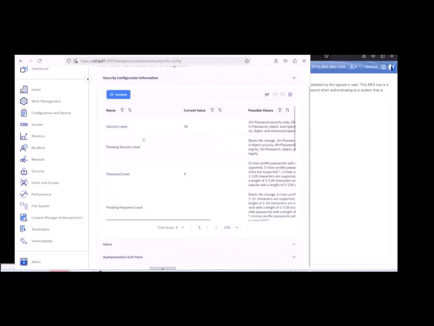The reason, in the hub we need security level 40 or 50. Can't be at 30. And we need you at password level 4. And part of that was cost of development, because all the special logic we do is tied into, well, you need to already be at password level 4,